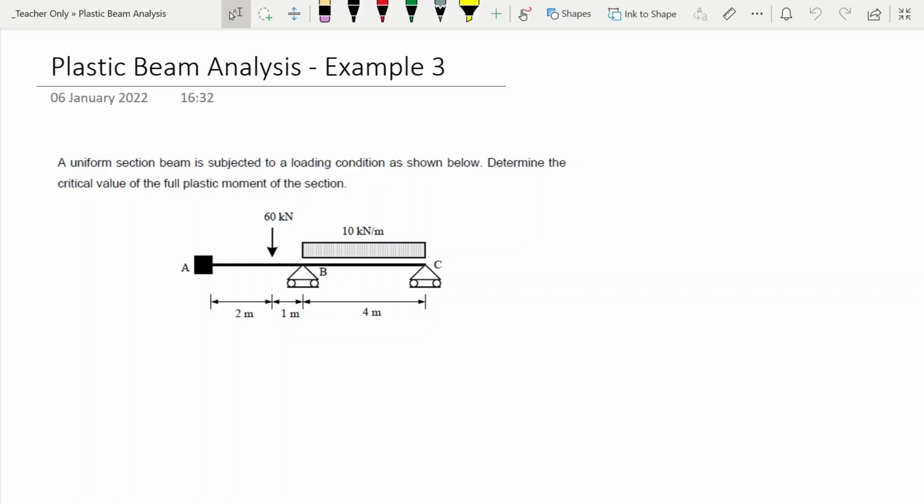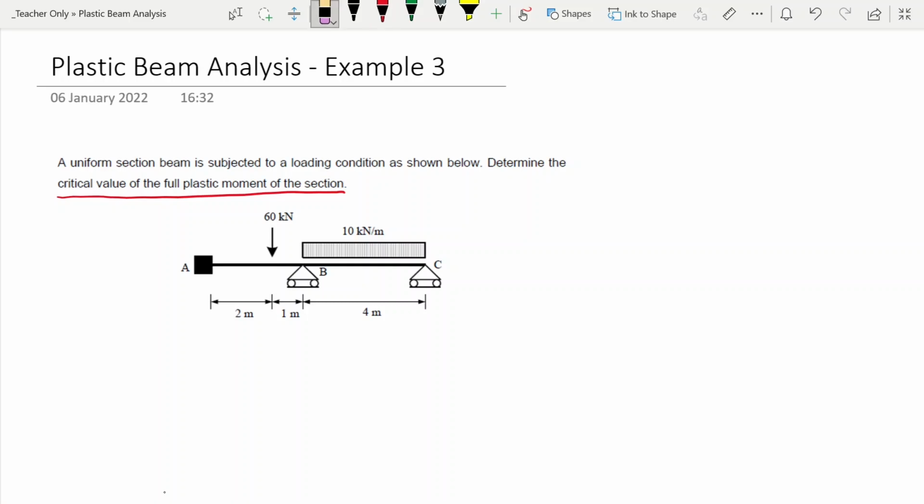Hi everyone, this video is the solution to example 3 on the topic of plastic beam analysis. In this particular example, we don't have a load of W anymore, so we have real loads of 60 and then a UDL of 10 kilonewton per meter. And now what this question asks is what is the value of the plastic moment of the section